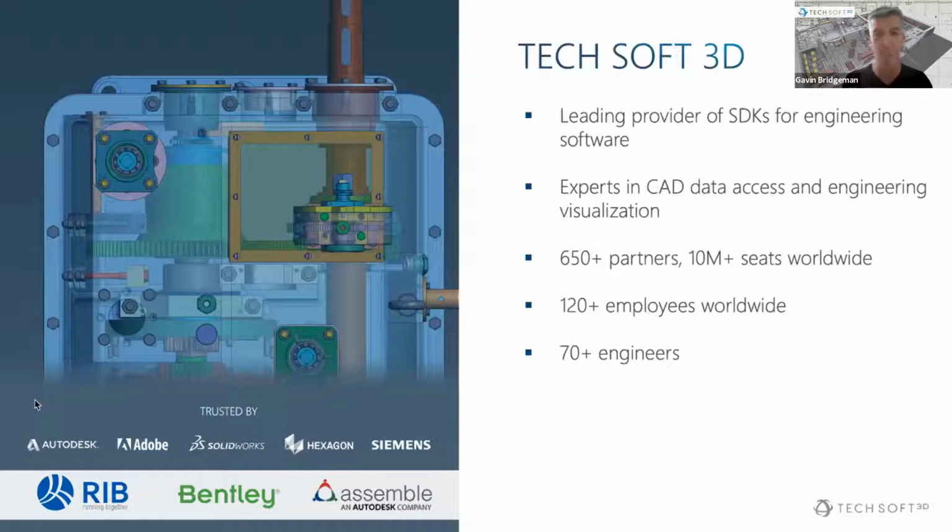And we have hundreds of partners who have built thousands of applications that are sitting on millions of desktops and computers around the world. If you look on the left side, it mentions some of these partners, some of the really high profile applications that are in the millions of seats out there, are SolidWorks eDrawings application and Autodesk's Design Review. But we also have some really strong solutions in the digital construction space: RIB, Bentley, and Assemble. Jonathan will just show you some of these. And of course, we have Dev from Asite, who's going to go into a little more detail around his product.